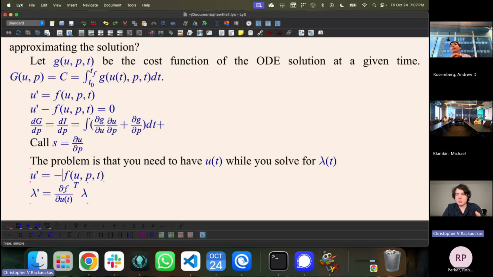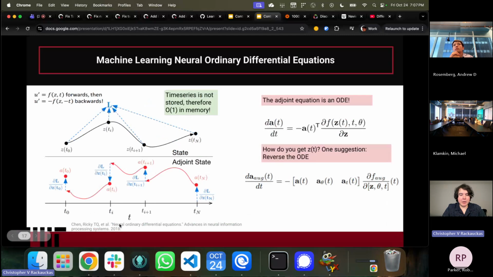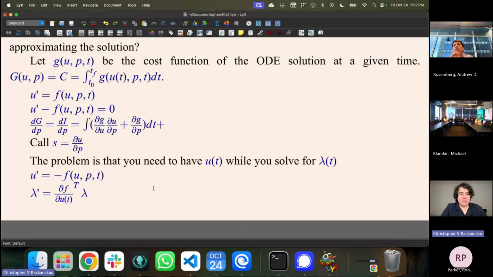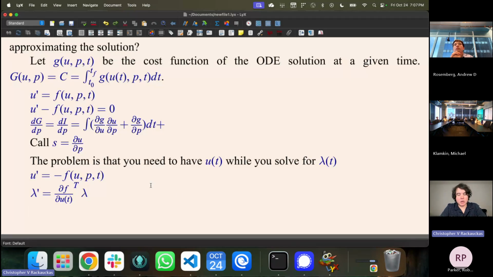You can solve that in reverse, where now, what is your initial condition? Well, your initial condition is just the end of your ODE solve, right? And so this is the reversibility trick, and you actually find this, for example, in the paper Neural Ordinary Differential Equations. It won an award in 2018, where it said, if you do this and then you do one other trick, right? So what's this other trick? Well, the other trick is